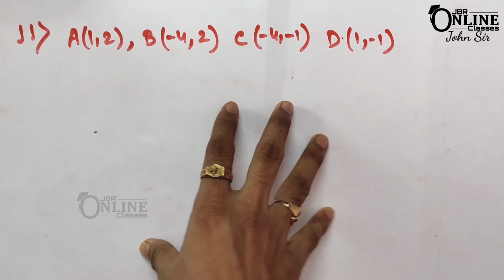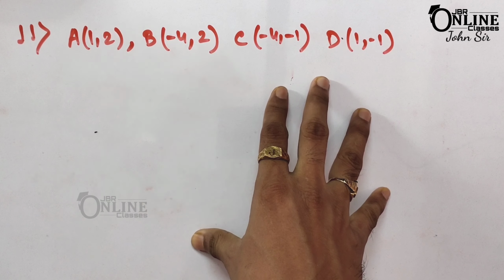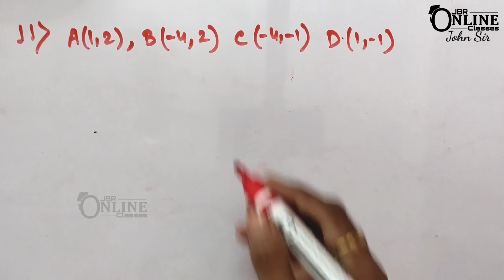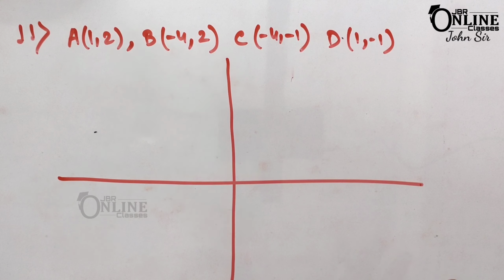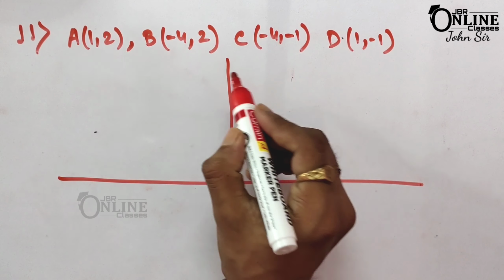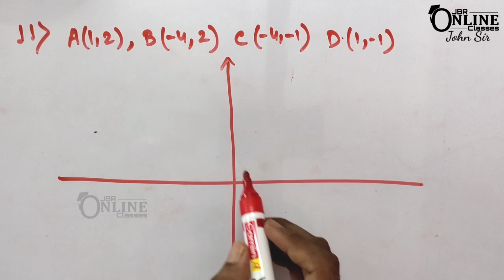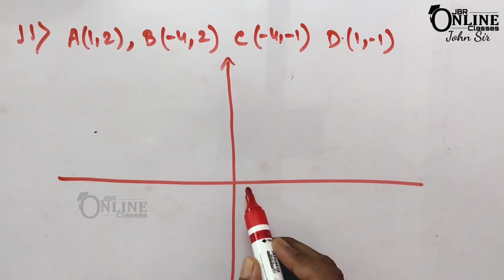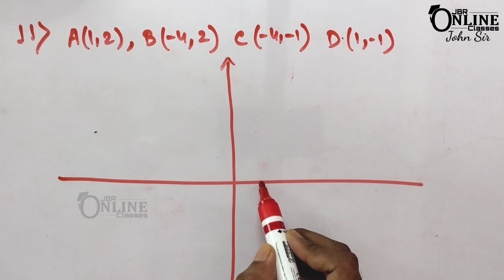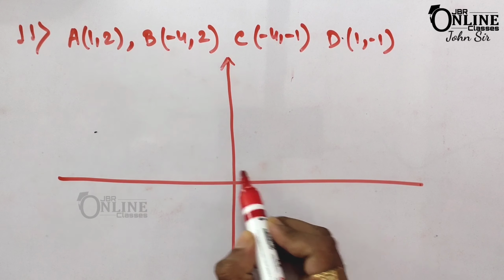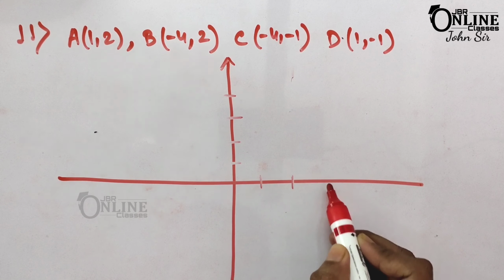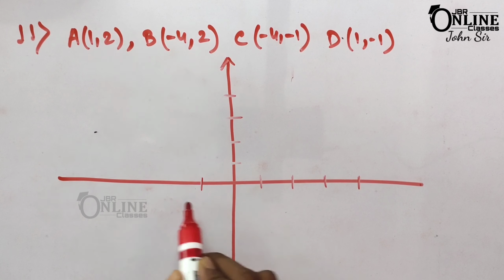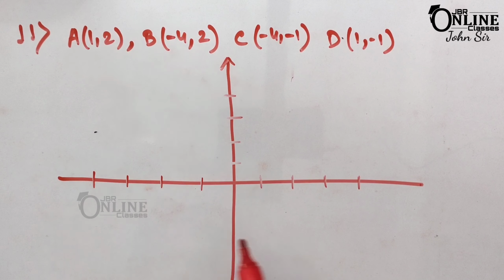So that means first you have to plot these 4 points on the graph paper. Here I am going to draw a rough sketch of the graph paper just to give you the basic idea. It's not an accurate drawing. So here A equals (1, 2). Suppose here 1, 2, 3, 4, and on each axis also 1, 2, 3, 4.